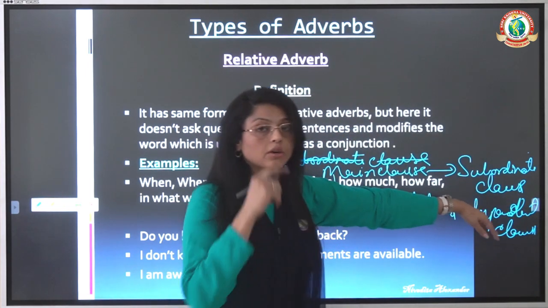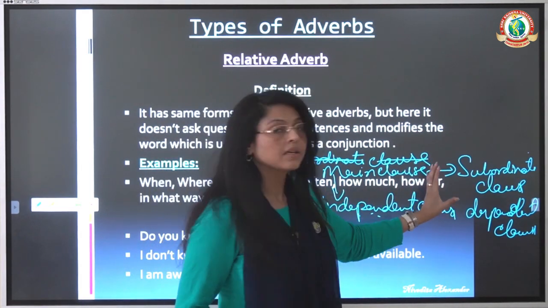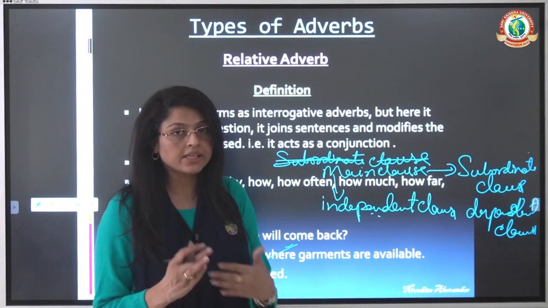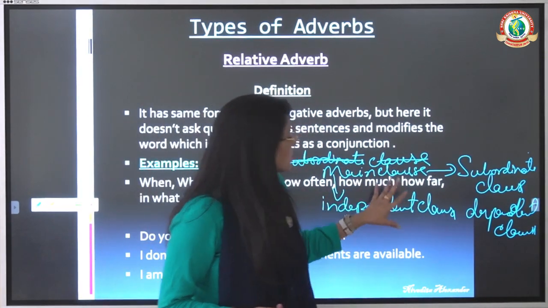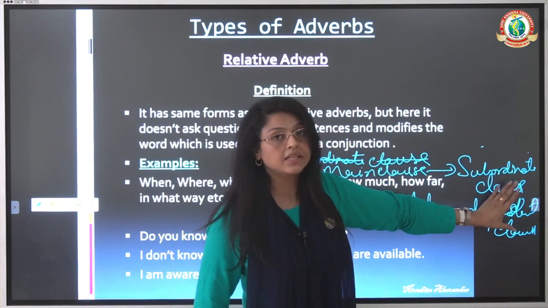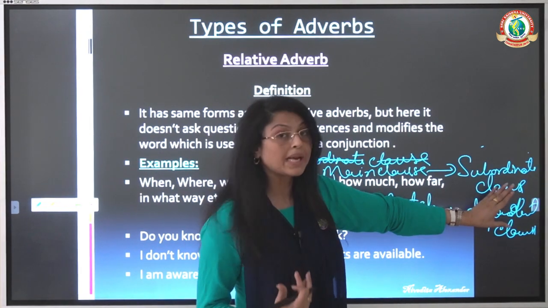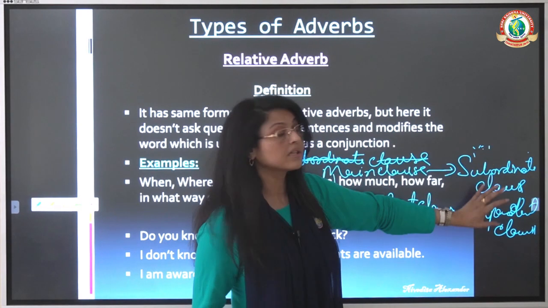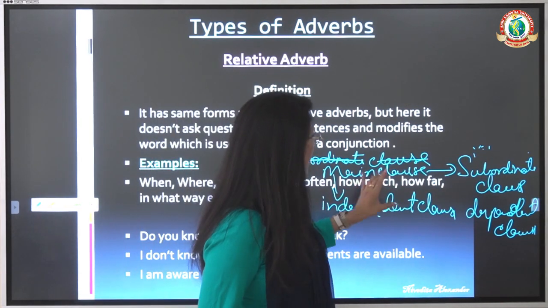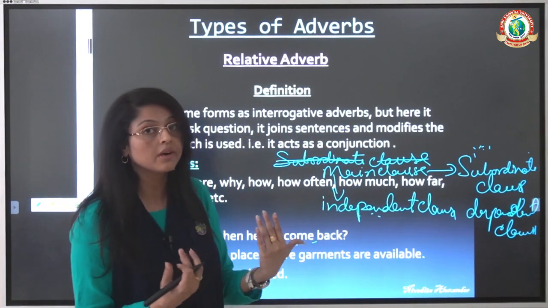So it is a dependent clause. Why? Because if you speak this part alone, it sounds complete in itself. It has its own complete meaning. But if you speak this part, it does not have a complete meaning. It needs more information to be supplied to give this part a complete meaning. So hence this part and this part have to be joined, have to be related to each other, and that's